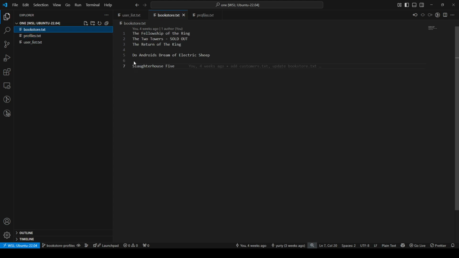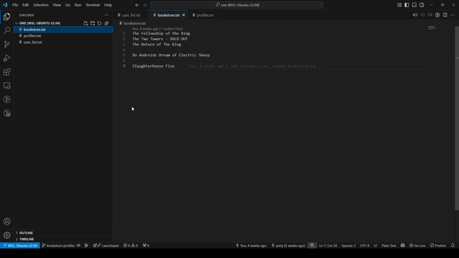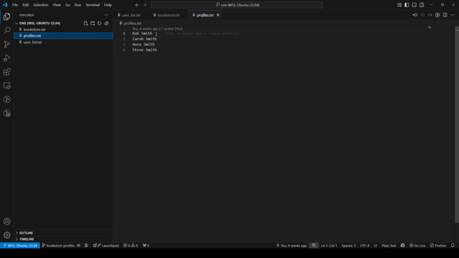Now the bookstore doesn't have those new books because bookstore profiles is not at all aware of whatever's going on in the bookstore functionality, right? Bookstore profiles is only from that snapshot where that branch was. So if we want to change something, well, Bob Smith,